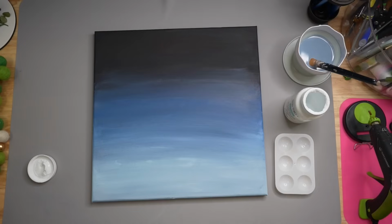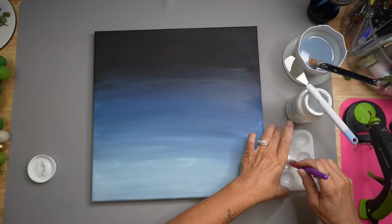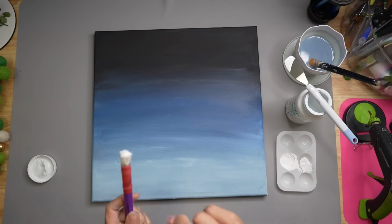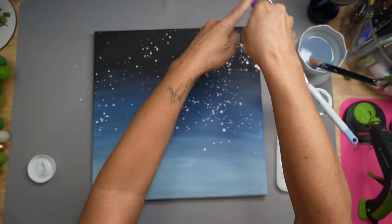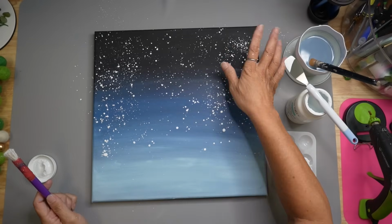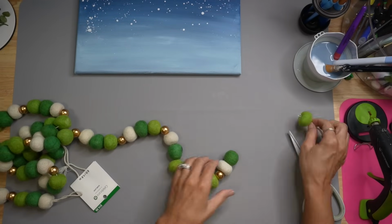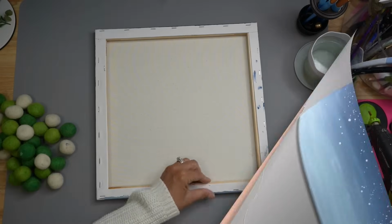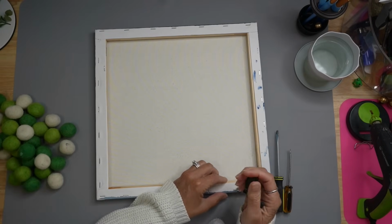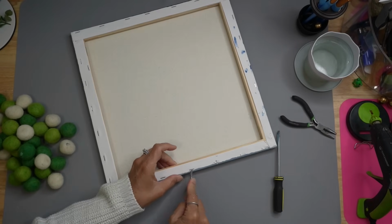It was after St. Patrick's Day, because it was a St. Patrick's Day garland, and I knew I would do something with it, but I wasn't sure what, and this looked like the perfect opportunity to use that. Now, my white chalk paint I just mixed with a teeny bit of water and took this, it's a stipple brush, and splattered that on. And then I separated out about half of the balls off of that garland,